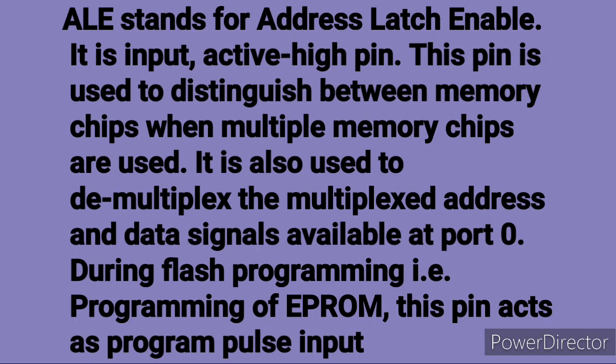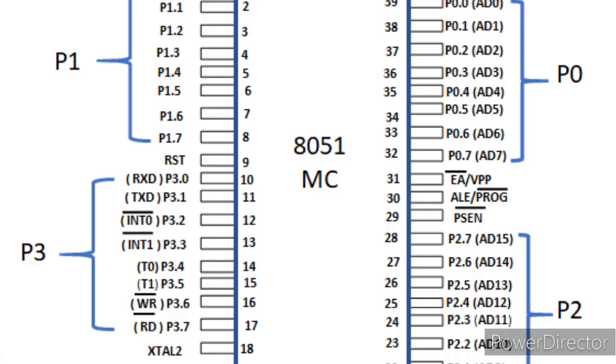It is input, active high pin. This pin is used to distinguish between memory chips when multiple memory chips are used. It is also used to demultiplex the multiplexed address and data signals available at port 0. During flash programming, that is programming of EPROM, this pin acts as program pulse input. Pin 31,